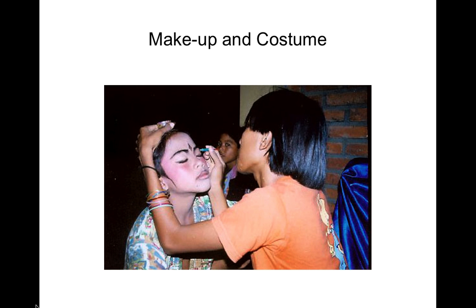So we've talked a little bit about the main forms of movement and positions, transitions, locomotive movements. We've talked about hand movements, but makeup and costuming really add particular elements to the performance. They make the performance in many circumstances. And in this picture you can see the process of preparing one boy for performance.